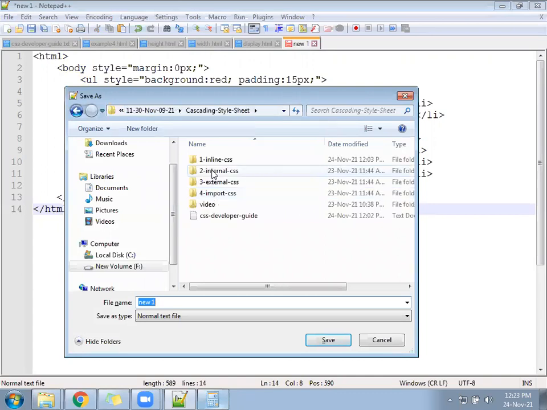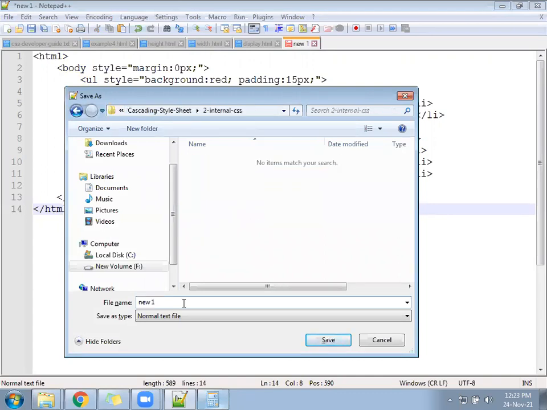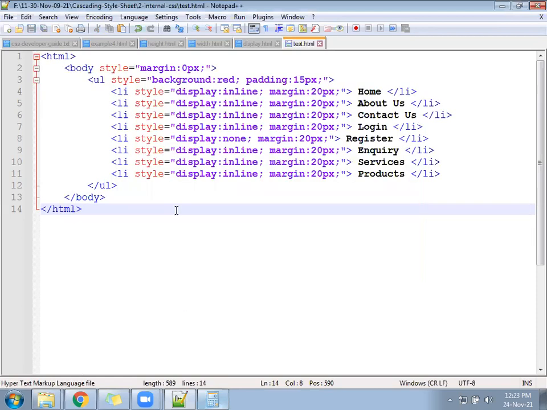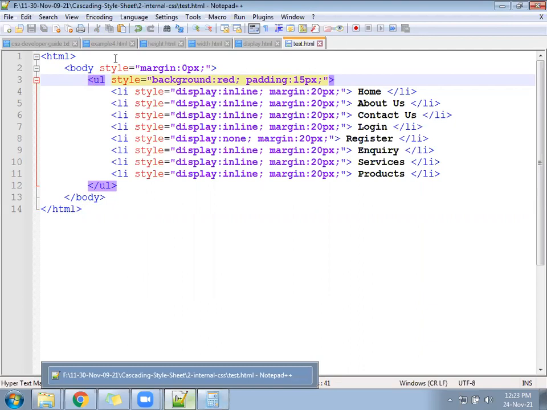Under the internal folder, create a file test.html. Okay, created.